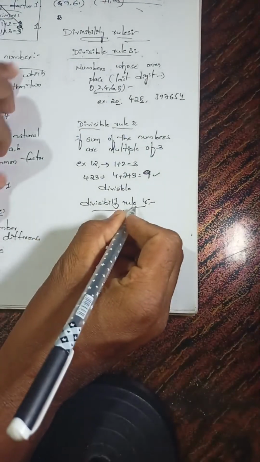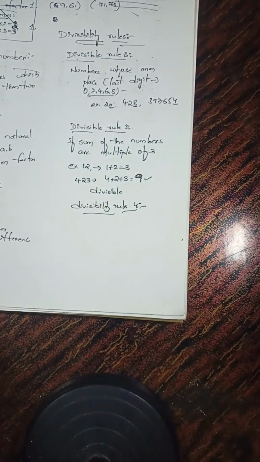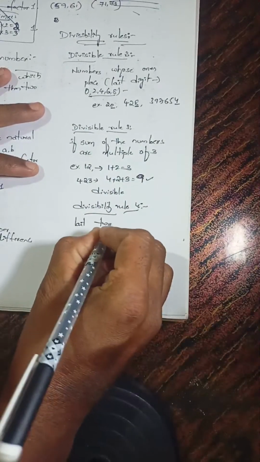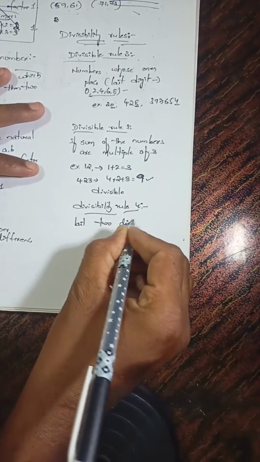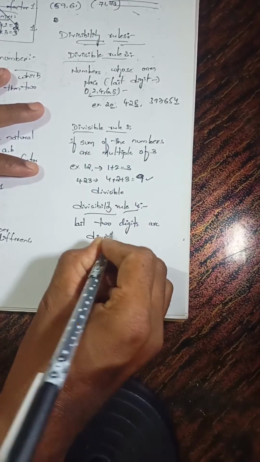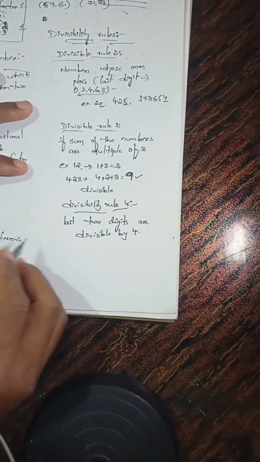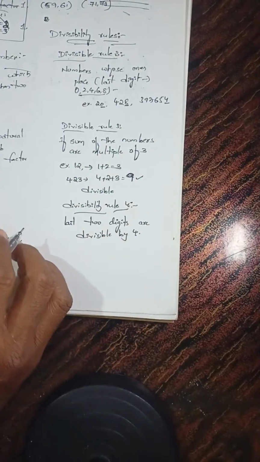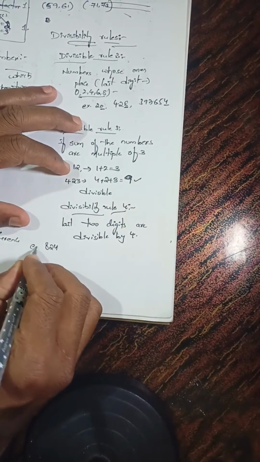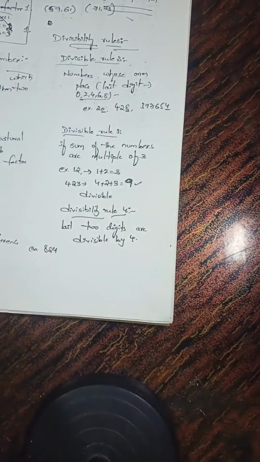Yes, divisibility rule 4. The last two digits are divisible by 4. Last two digits should be divisible by 4. For example, like 824. If you are taking 824,